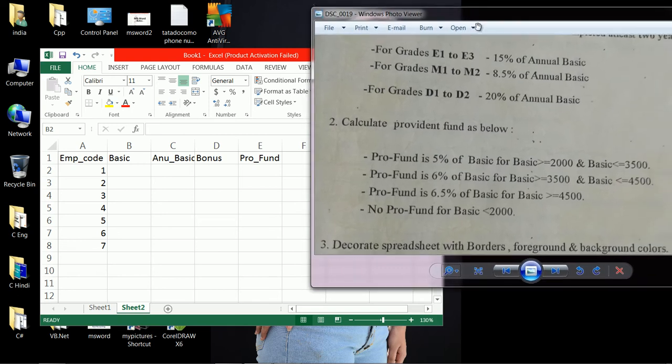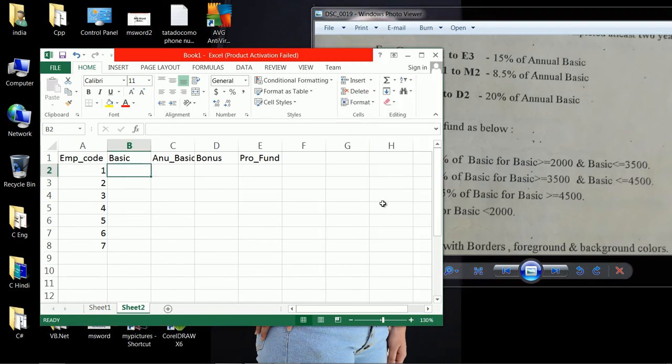The basic is less than 2000, let's start from 1500 to more than 4500.